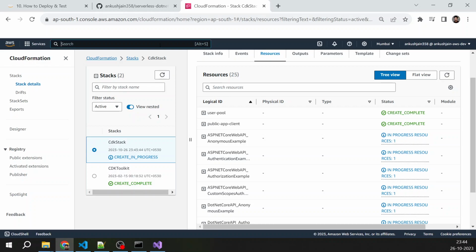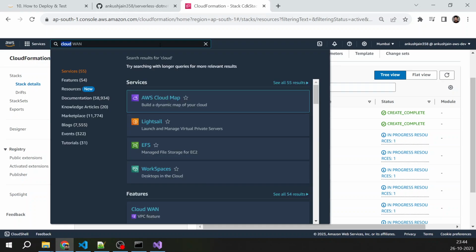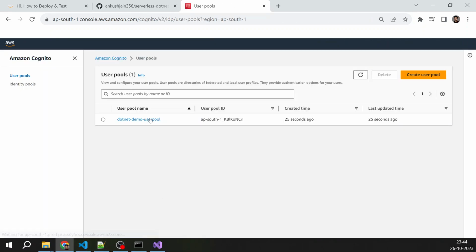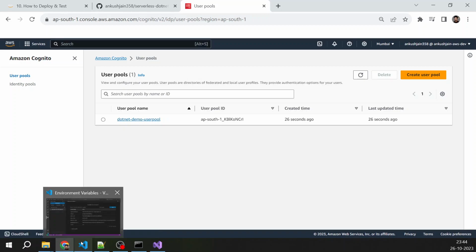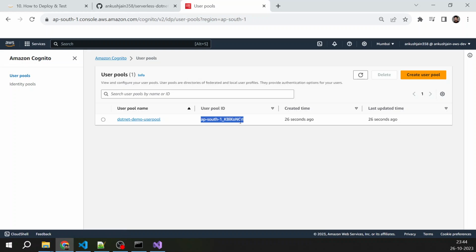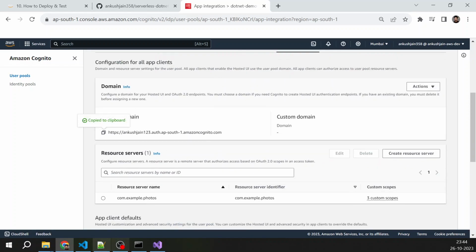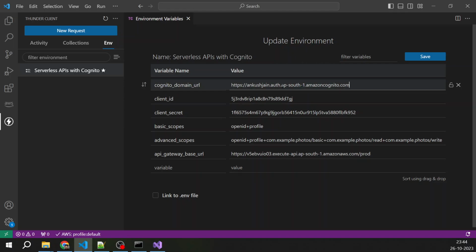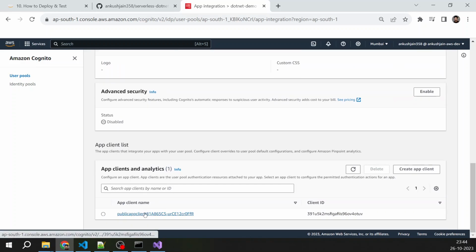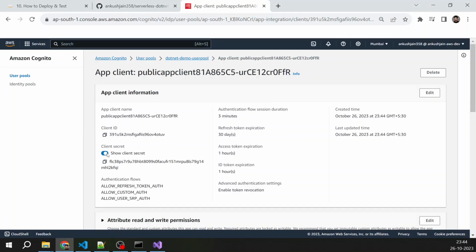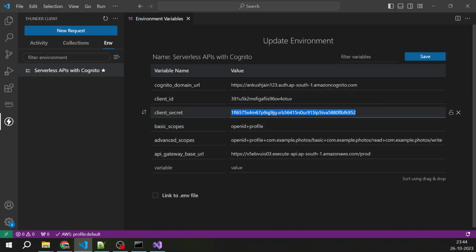So we can go to Cognito, and we can start updating our values in environment. User pool ID, I don't think we need it. We just need the client ID, I guess, or this domain. So I will just copy this domain and update it here. Okay, we need the client ID. For client ID, we will go here and copy it. The client ID is copied. Client secret, copy this,